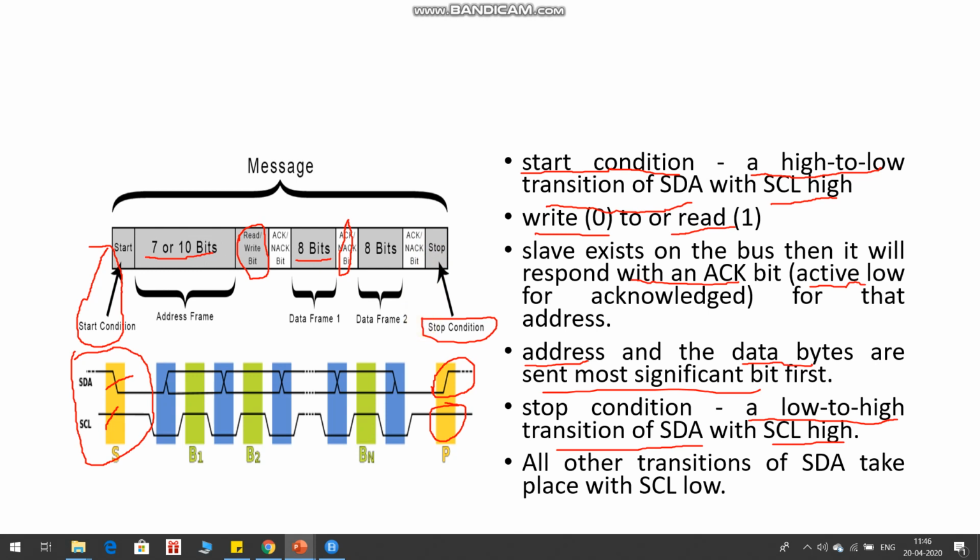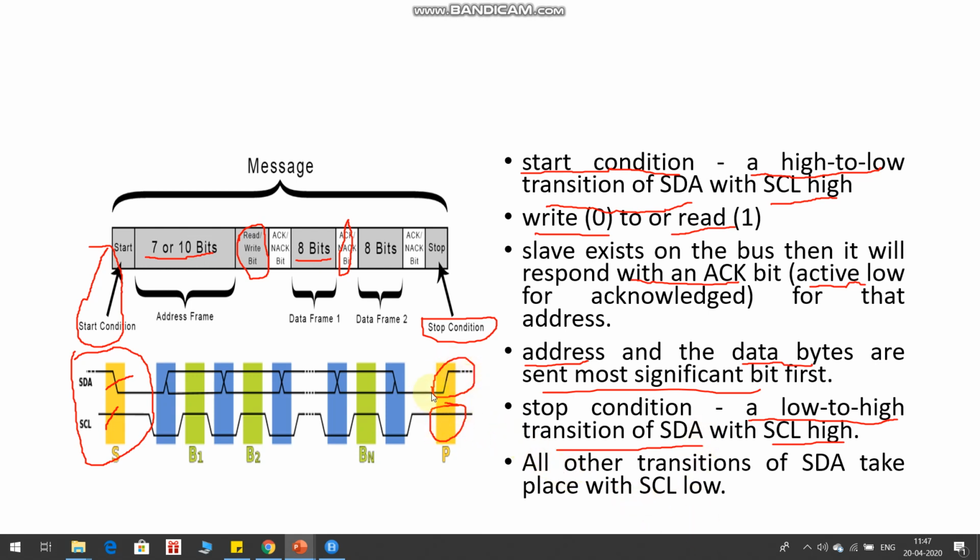This stop condition is used to indicate the master device has finished all the communication to the slave devices. The stop condition is implemented by making a low to high transition on the SDA line while keeping the SCL line high. So that condition is simulated here.